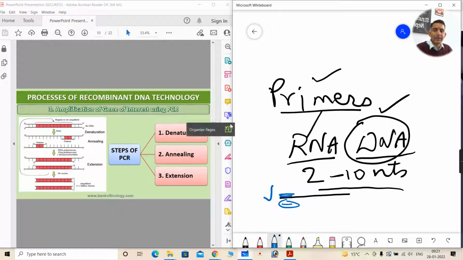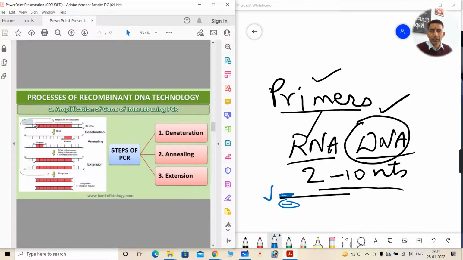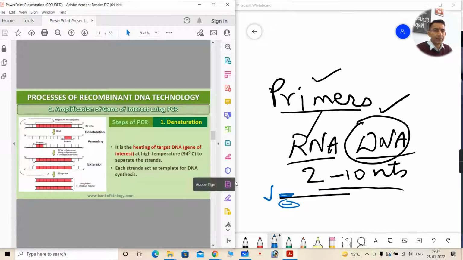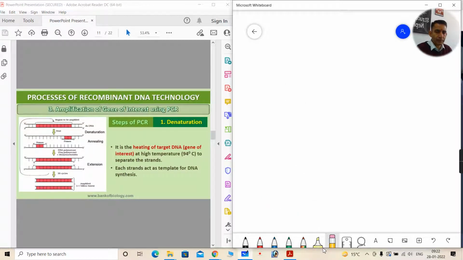So what are the steps? 3 steps are there, which are denaturation, annealing, and extension. One by one we will be studying them. So this diagram which is given here is taken from our NCERT book. So let us discuss the steps one by one. Okay. First step is